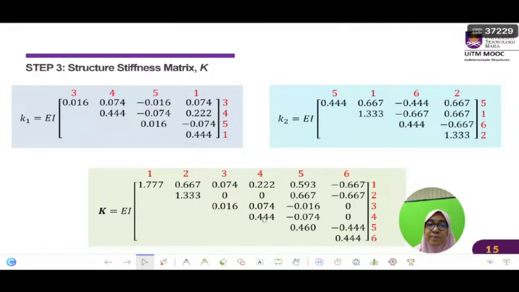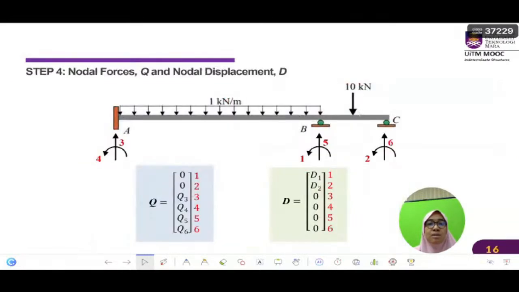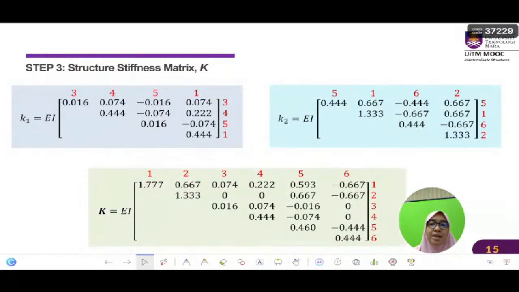For the structure stiffness matrix, we have to write it in order. We don't have to define where it's near or far; we label it in order. The numbers that we label under the element stiffness matrices actually represent the position. So what we should do now is add all the same positions. For 1 1, we add this 1 1 with this 1 1, so we get